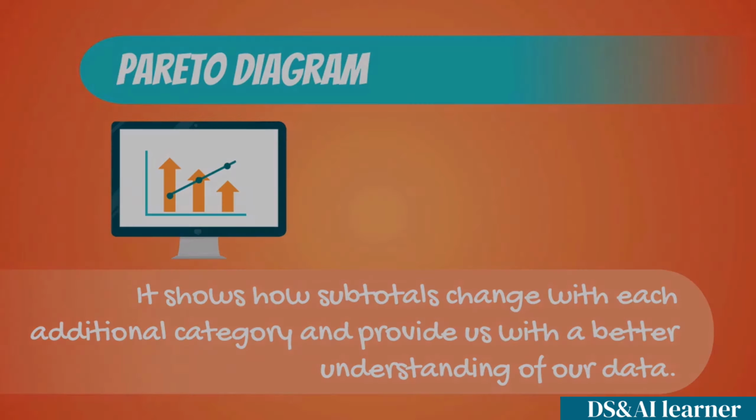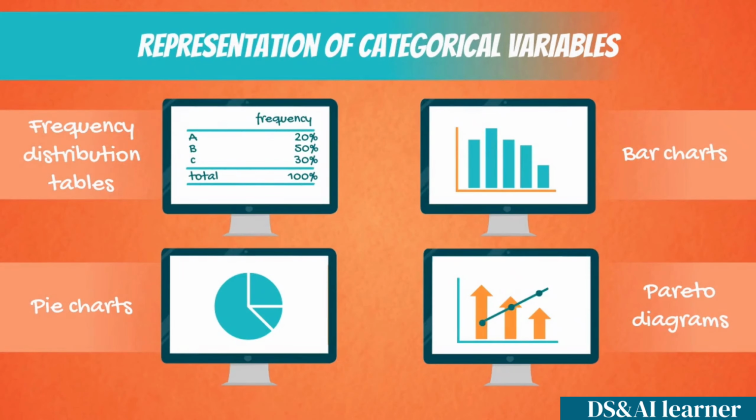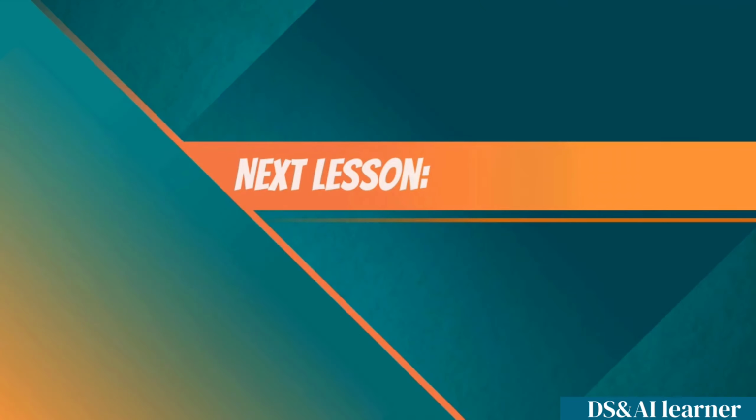Okay, these are the main ways in which we can visually represent categorical data. In our next lecture,